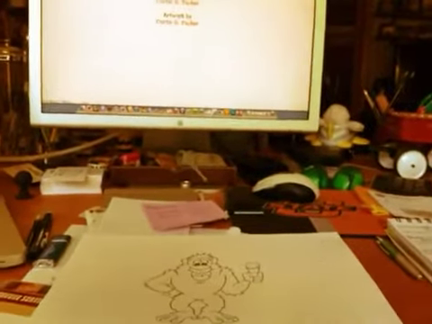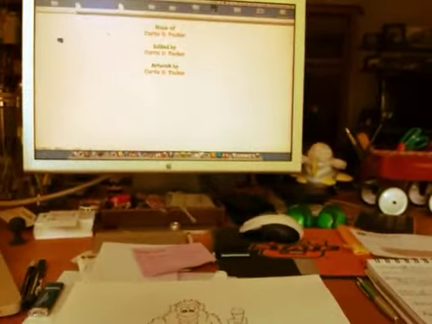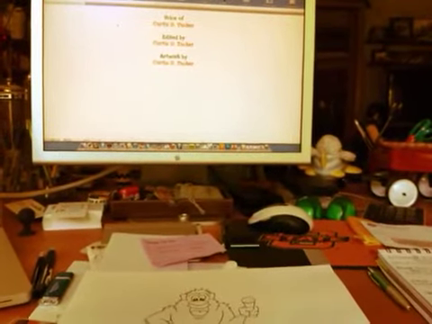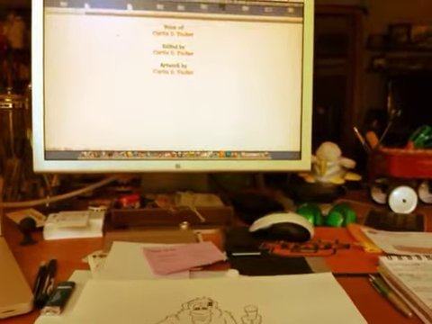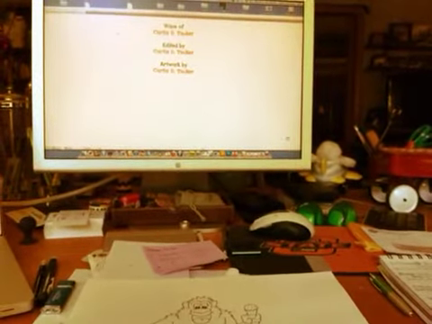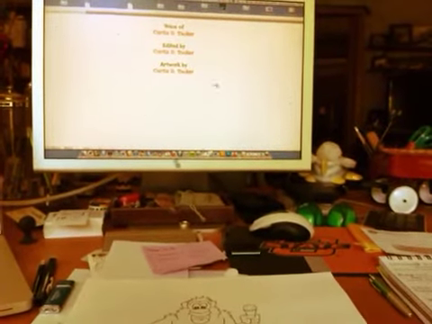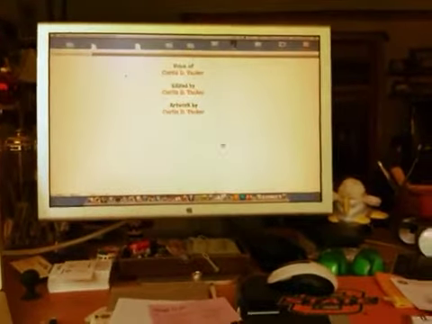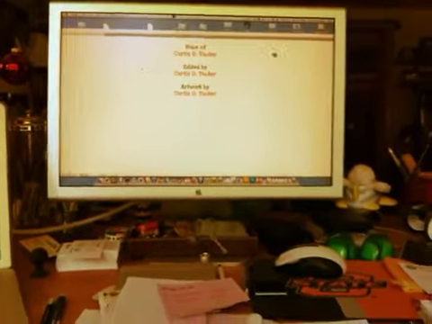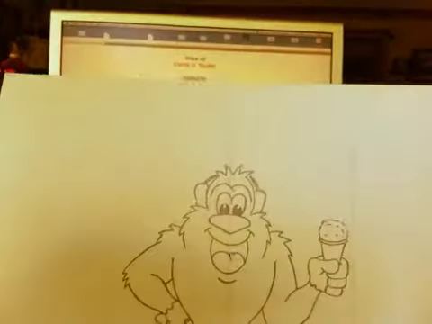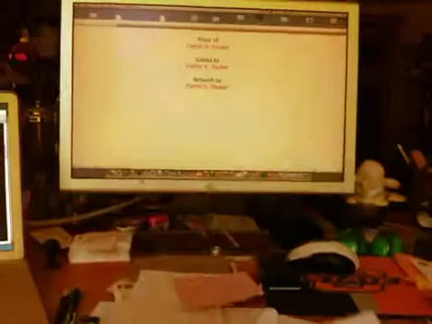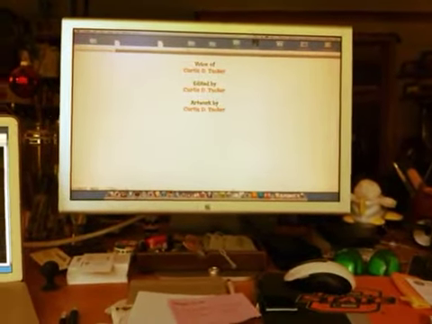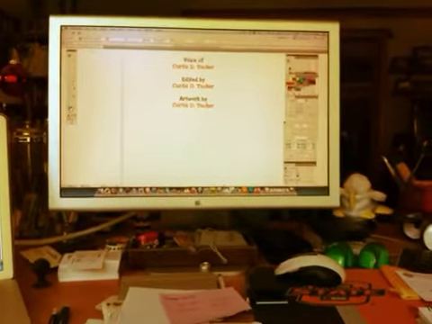I've had a request. I am currently using Photoshop and Illustrator CS5, but everything that I'm doing I did the exact same way with Photoshop and Illustrator CS and CS2. So I have upgraded, but everything pretty much still works the same. So anyway, what we ended up with on the last video was an inked version in Photoshop, a 300 dpi TIFF. And what we're going to do now is